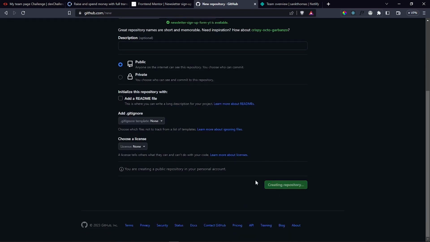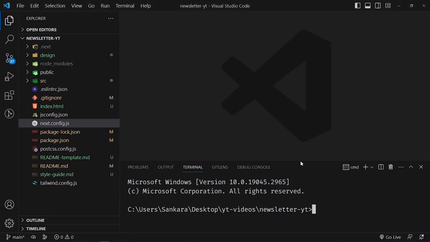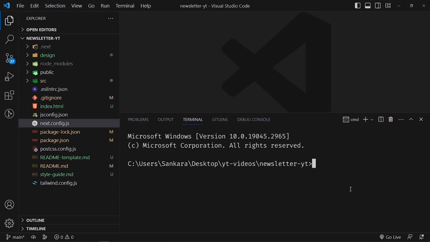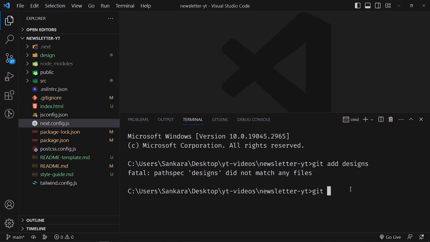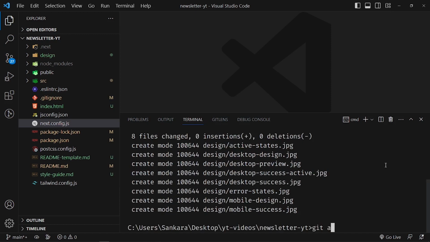So create repository. Okay, and then let's copy this link so that we can actually push our items. So let's go ahead and do this. Let me say git add design, it's called design, and say git commit, and I'm going to say design files, and then git add, let me say dot